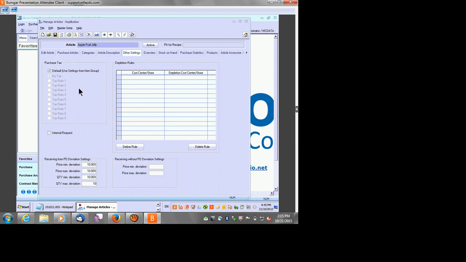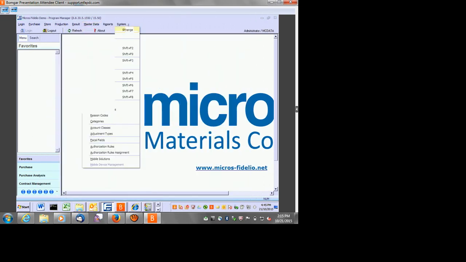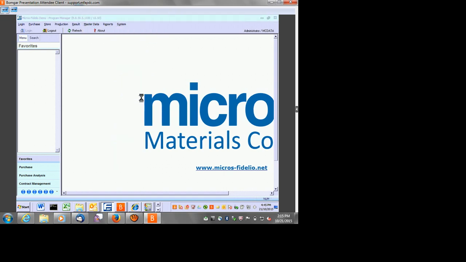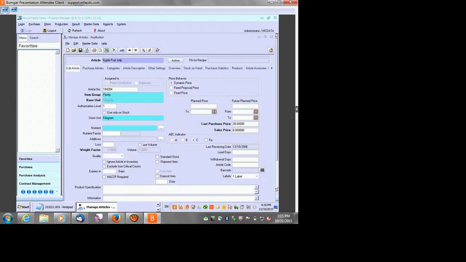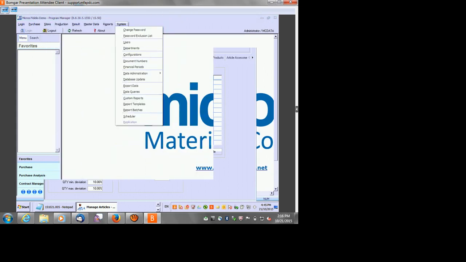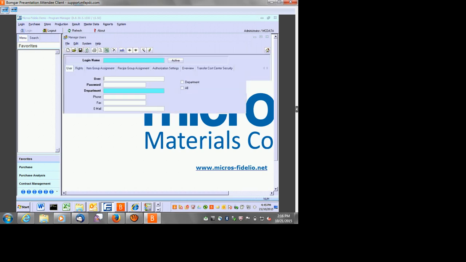I'm just going to set this as an example, apple jelly. What is the difference between PO and invoice? Going back up, receiving from PO deviation settings. So the system will compare the deviation and decide if it will allow you to receive or not receive a particular item based on the price that you enter. So I'm going to make sure that I'm not allowed to